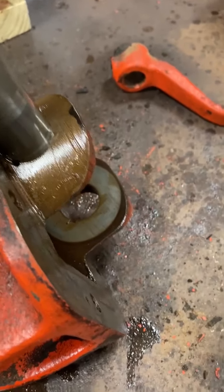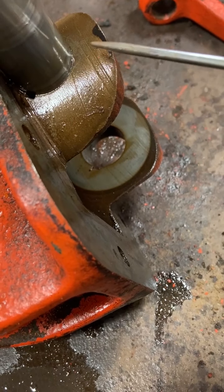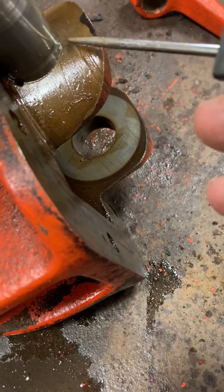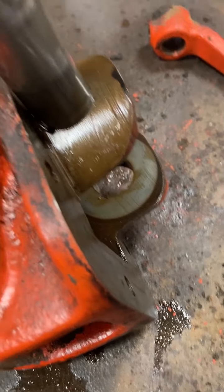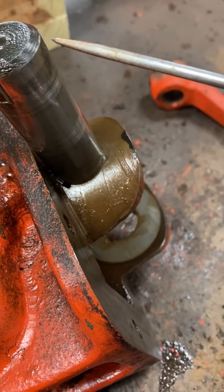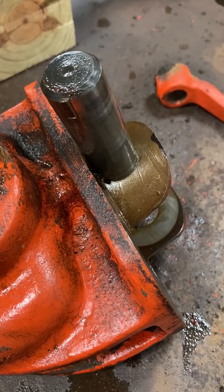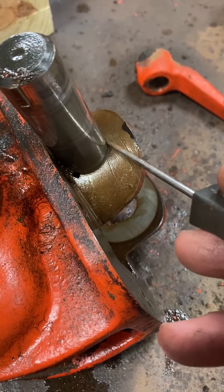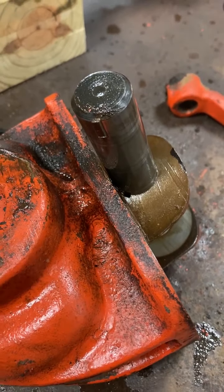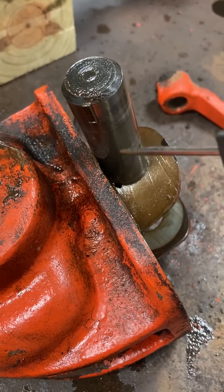What ended up being the problem was right here, you can kind of see that in the video, that little lip on this housing had been knocked in, like somebody had tried to hit that with a hammer at one point, and it had pushed it down just enough where it wouldn't clear this edge of the idler shaft. So I flipped it over, took my punch on the opposite side as you saw, and I didn't hit it real hard, but just enough, and it pushed that out of the way, and then the shaft came on out. So if you're working on one of those, be careful, because if I didn't see the pin, I would have driven it down, and this would have just gone right through